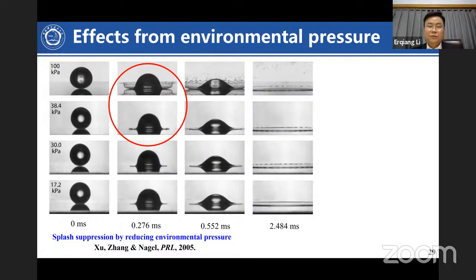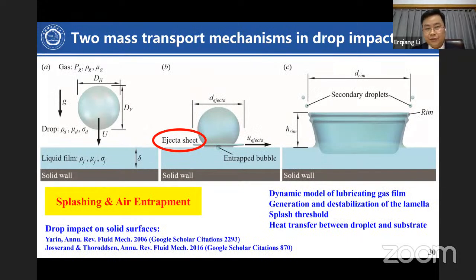To consider this problem, we do the configuration again for drop impact on a liquid pool, not on a solid surface. Later, I will explain why we use this configuration. Consider you have a droplet and a shallow liquid pool. After they interact, what we call here is the ejecta sheet. That means a very smooth liquid sheet comes out and grows in time. You can have splash if your impact velocity is high enough.